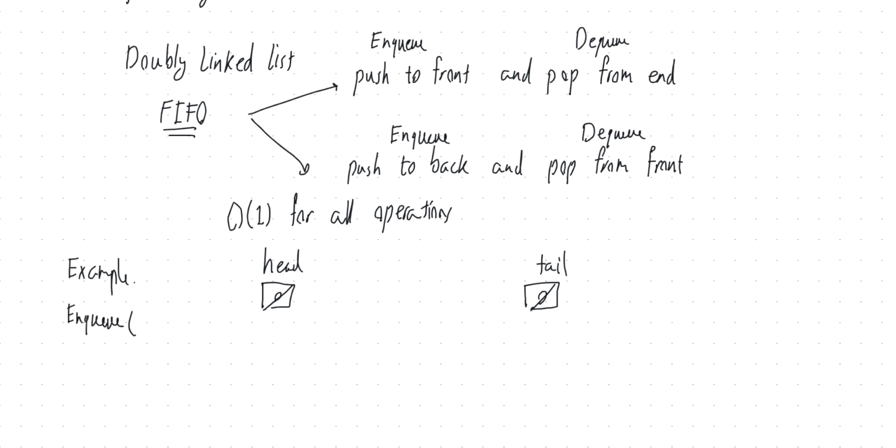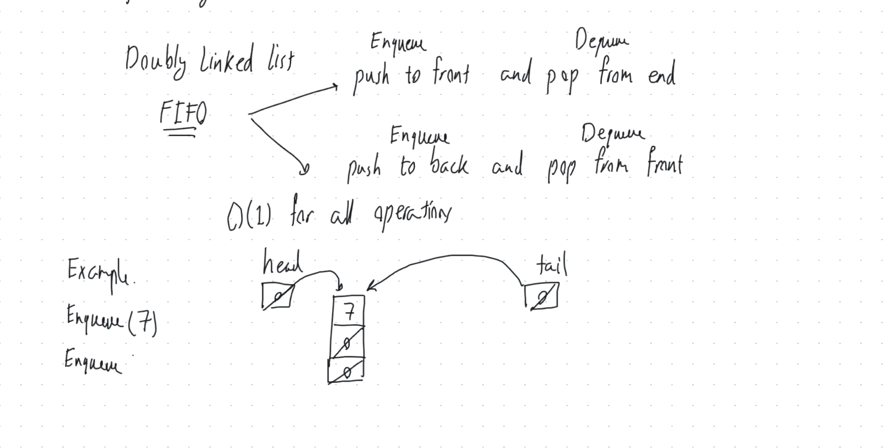say 7. Okay, now we are going with this option, which means NQ means push to the front. So I create a new node. It contains 7 as its key. And then remember the next and previous pointers. Since this is the only node, next is null, previous is also null. But head and tail are not null anymore. They both point to the same node, the only node that we have. Okay, and then we NQ again,